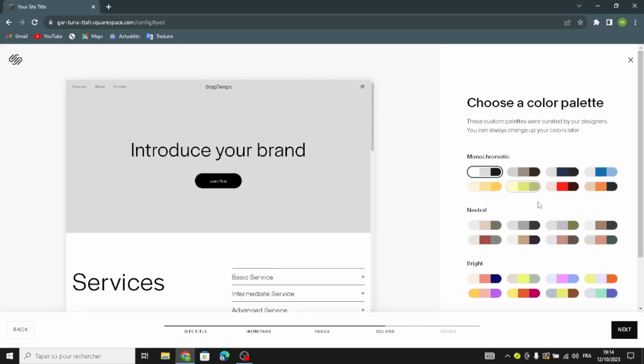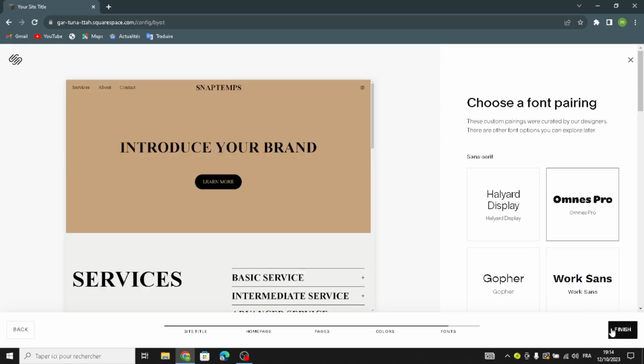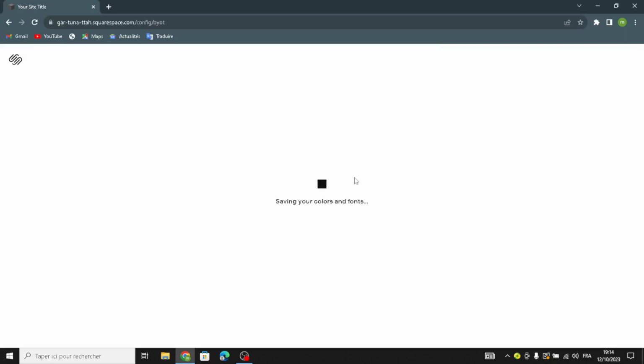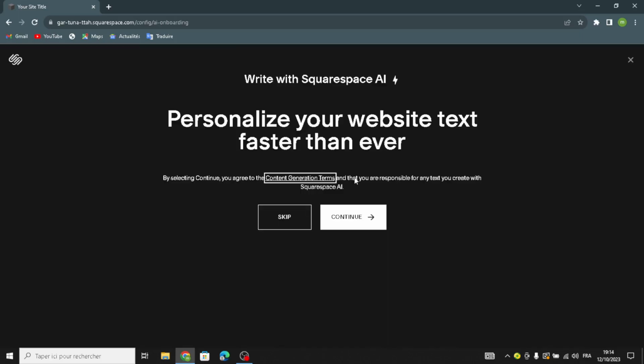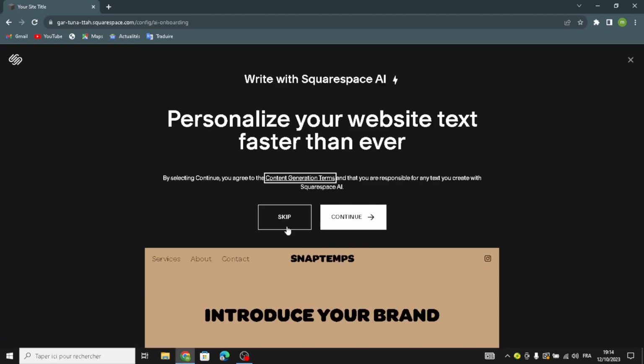Choose the color palette you like, any color you like, any color that matches your business. Okay, I'm gonna choose this. Choose the font, and let's finish this. And now wait a few seconds or a few minutes. Here you can choose if you want to continue and describe something about your website, and choose the writing style, add the details about your website, about your products, or if you want to skip. I'm gonna skip this. Okay,